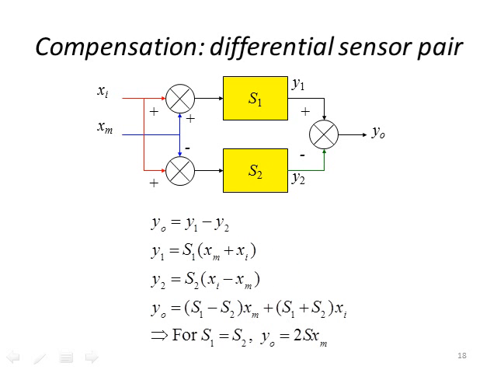So if we use a differential pair, then we go through the same process where Y out is equal to Y1 minus Y2. And then we have the expressions for Y1 and Y2. And then at the output, you will see we have, oh, this is an error. So this should be S1 minus S2 multiplied by XI plus S1 plus S2 multiplied by XM, your measurement signal. And then when we have S1 equal S2, then Y0 is equal to 2 times SXM, which is an easy compensation. You know that you're going to get twice your signal, but we've removed this drift component by adding this second